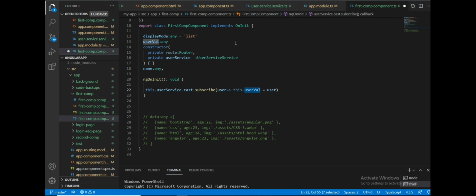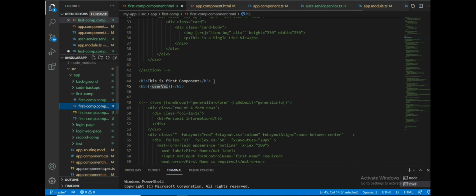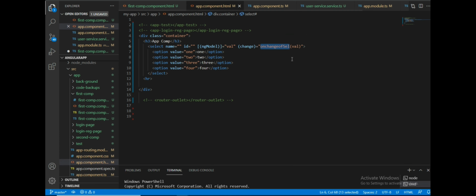So I'll copy this to the HTML part. I have already given this, see, in the expressions. So coming to the app component, I don't want to go from one component to another component, and I just want to check beside.